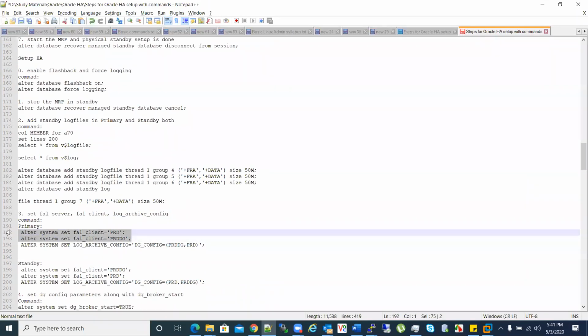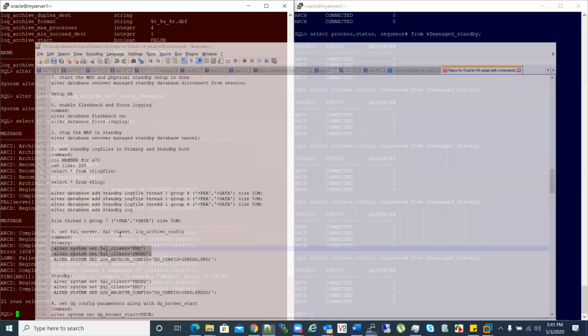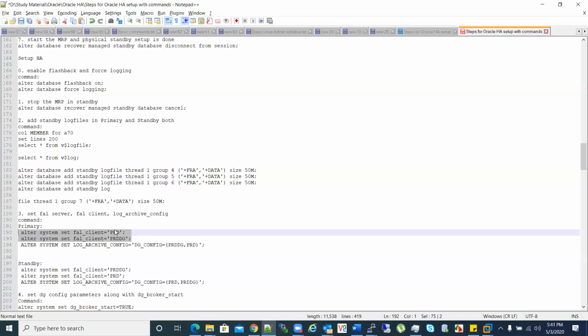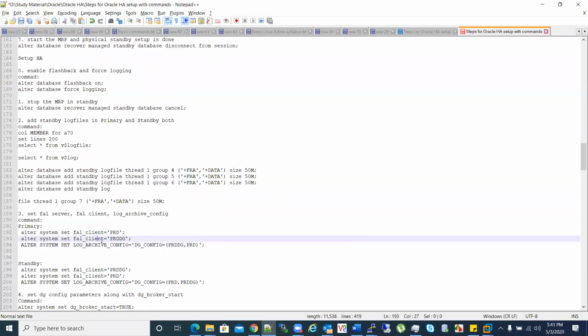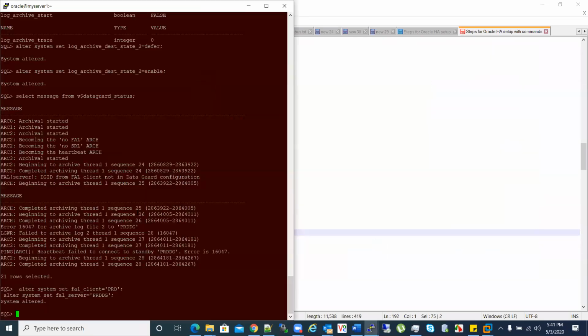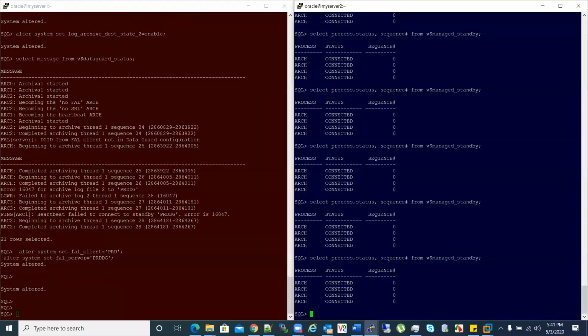I will set this fal client and fal server. Client is the same server, same DB, and okay, fal client and fal server. How about now?